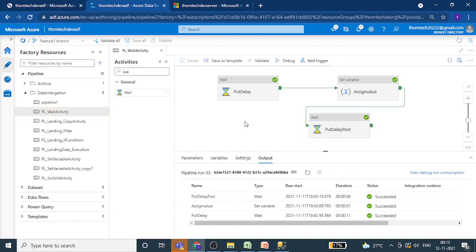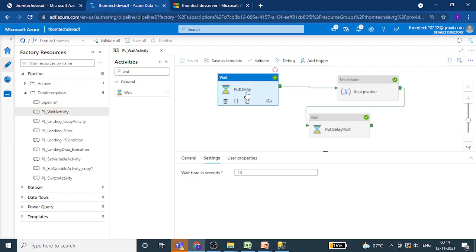So this was an example to show you how you use the wait activity to apply a delay in your project or in your workflows due to any use cases. Okay, so guys, that's it for the wait activity. It's a simple activity, and we might require this in some scenarios in your project, so you can leverage this.